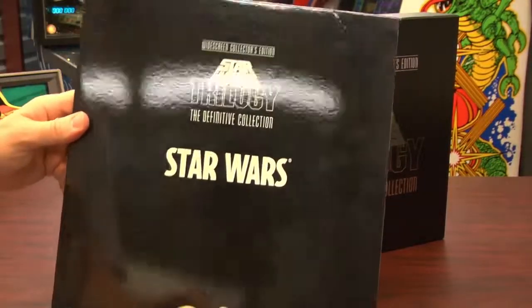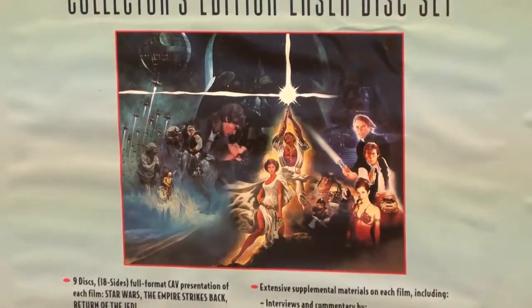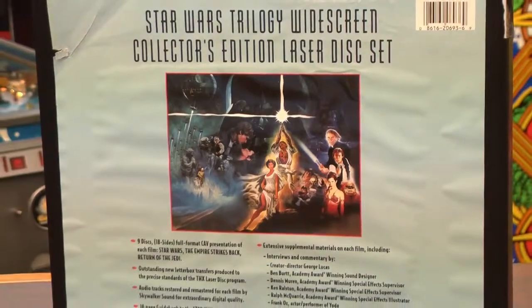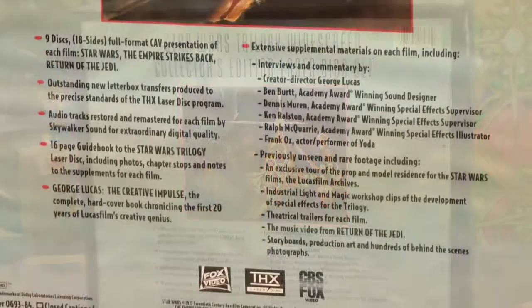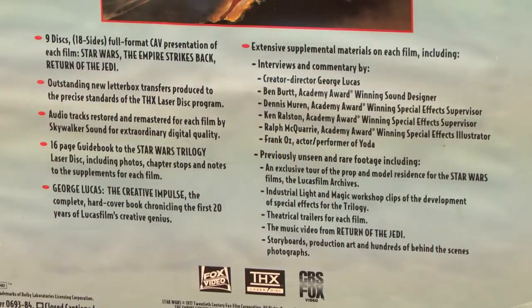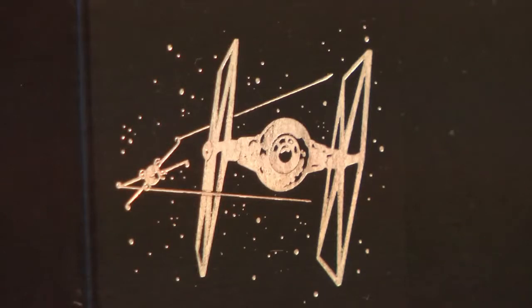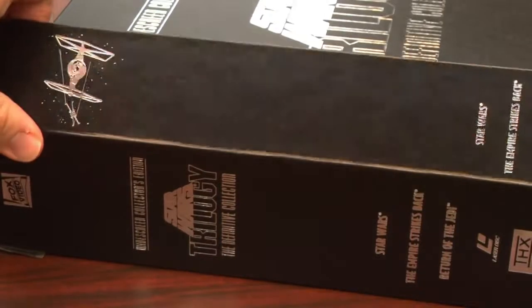This is a 1993 release which contains Star Wars, The Empire Strikes Back, and Return of the Jedi, spread across 9 Laserdiscs, as well as a hardcover book all about the movies of George Lucas. And say what you will about George, but the man did create Star Wars, THX 1138, and Indiana Jones. But for whatever reasons, he won't release the original unaltered Star Wars movies in the newest HD media formats,